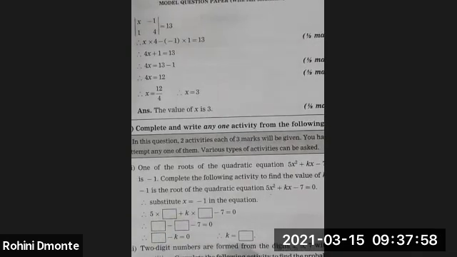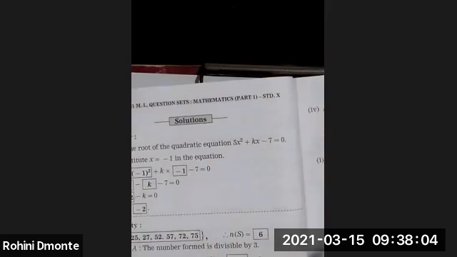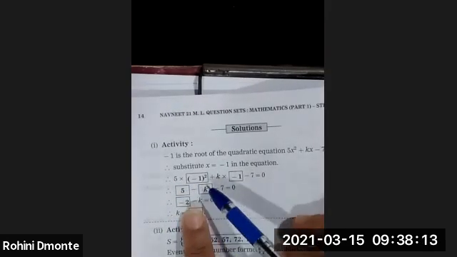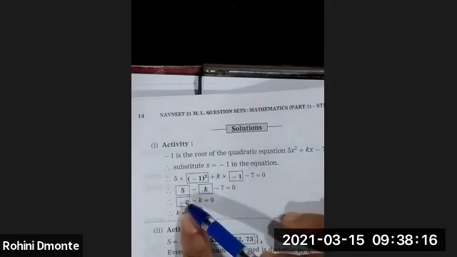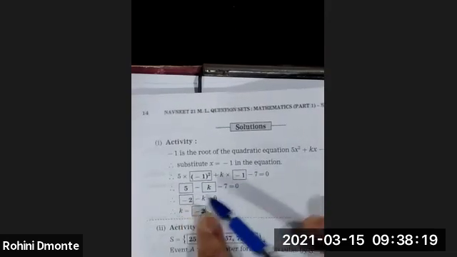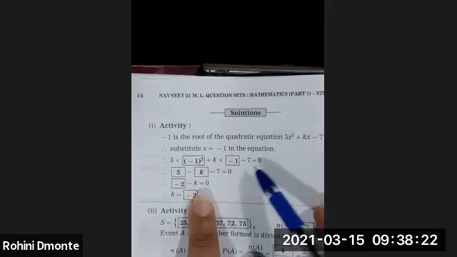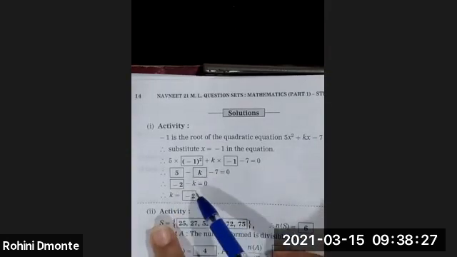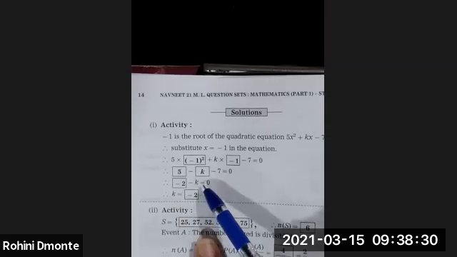When you simplify this, you will get the next blocks. Let us see this. See, look here. 5 into the square of minus 1? It is coming as 1 only, right? So 5 into 1 is 5 only. And k into minus 1, that is nothing but minus k. Minus 7 is equal to 0, right? So 5 minus 7 is minus 2, minus k is equal to 0. So now k is equal to, when you shift k to the other side, you will get k as minus 2. Yes, friends, have you understood?